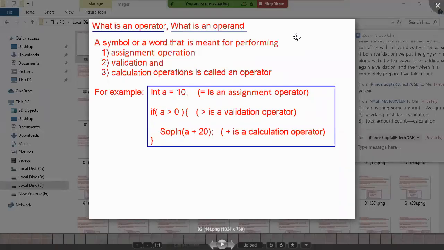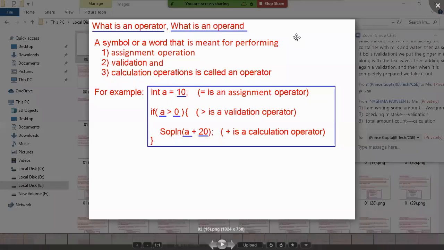What is an operand? Tell me, if you observe the expressions int a equal to 10, a greater than 0, a plus 20, what are all these? These are all values, right? 10 is a value, 0 is a value, a is a value of 10. Why have we used those values there?